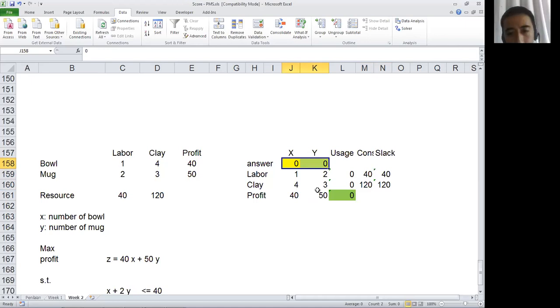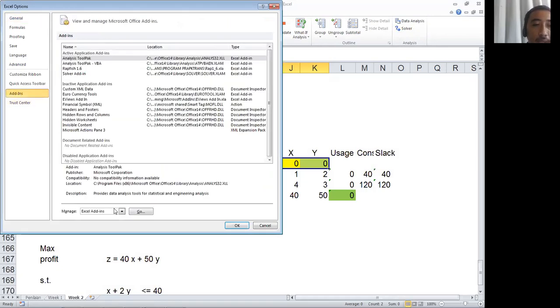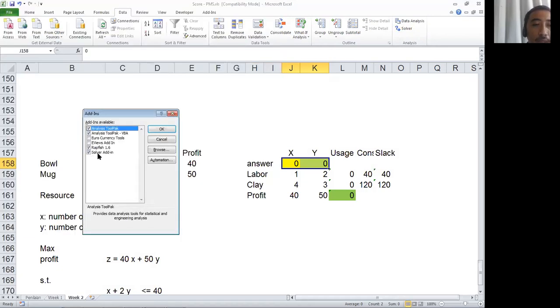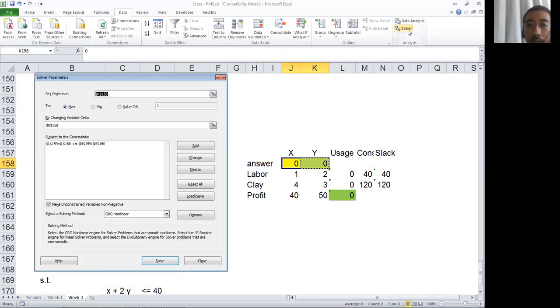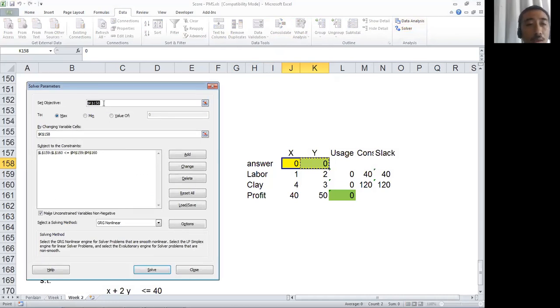Okay, maybe any question regarding the template? Not yet. Okay, then we continue using Solver. So we click Solver here in the Data tab. If you don't have this, you activate it using File, Options and then Add-ins here, and then you click Go, then you click Solver here, you click OK, and you will find this Solver function in the Data tab. Okay, we click this Solver, and then we fill in what it needs to calculate the answer.